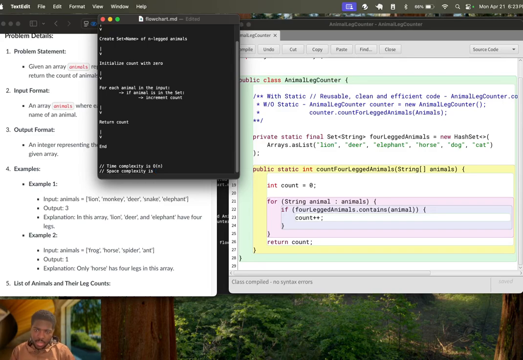And the space complexity is O of 1, since I stored a small, fixed amount, a fixed size of 4-legged animals. Something like this, O of 1. That's constant time, meaning no matter how big the input gets, the steps stay the same. What I mean by that is we have a fixed